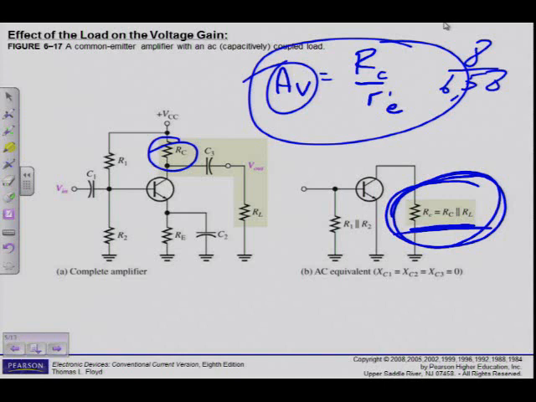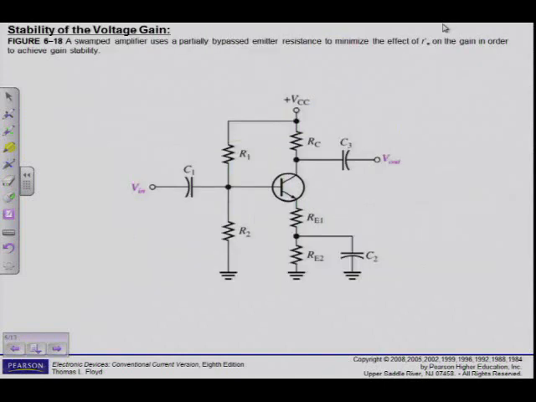Alright, now it brings me to my next point that I wanted to talk to you about, the stability of the voltage gain. Remember I told you that I can use this formula of voltage gain. This is the maximum voltage gain for this amplifier, RC over R'E. But remember I told you, always have to look at what the circuit looks like that you're going to work with. But before we get to figure 6.18, let's read some, and I want you to mark some of these